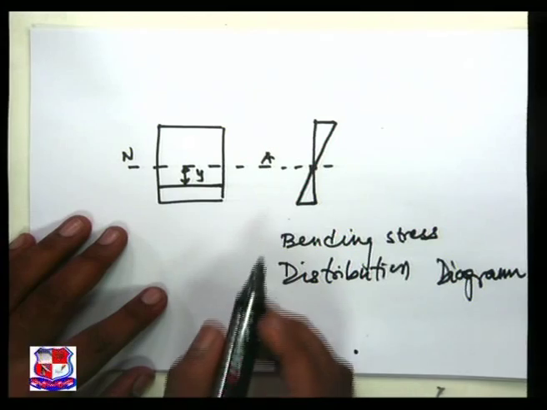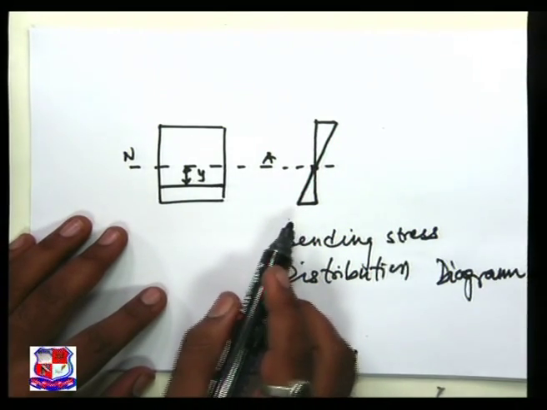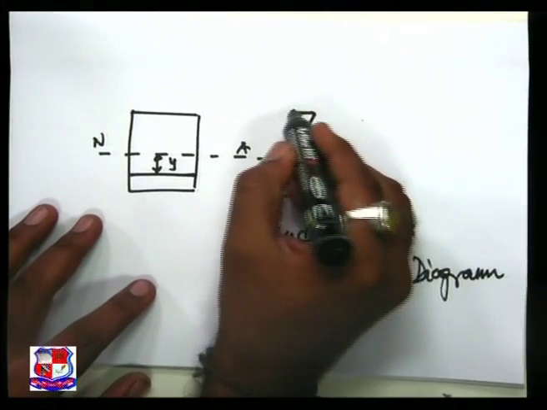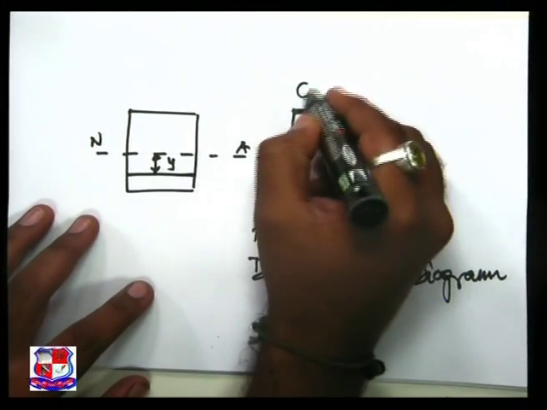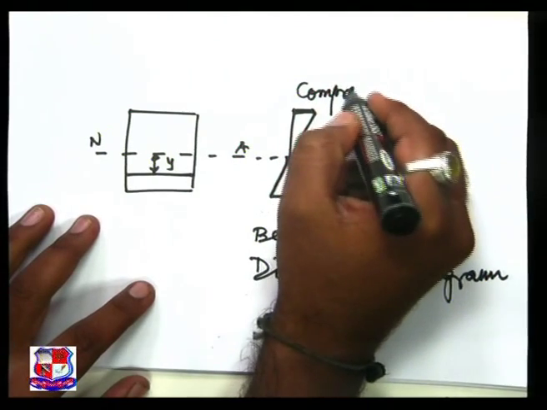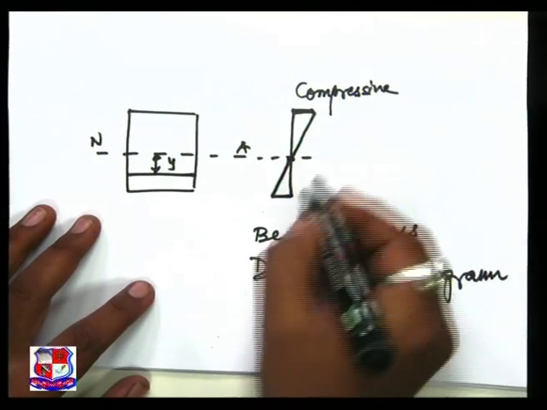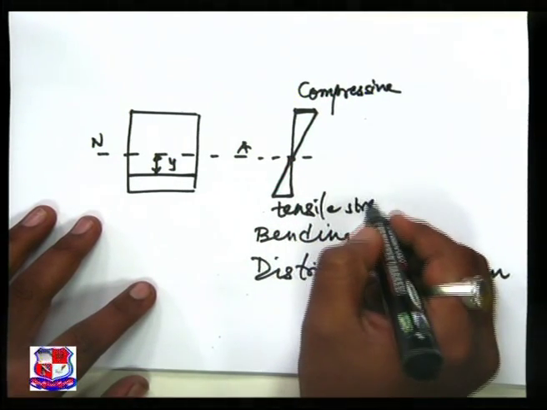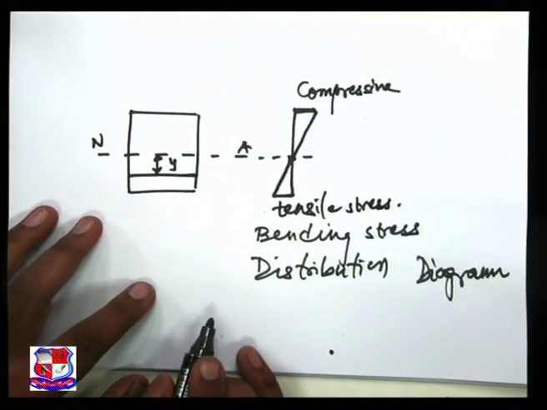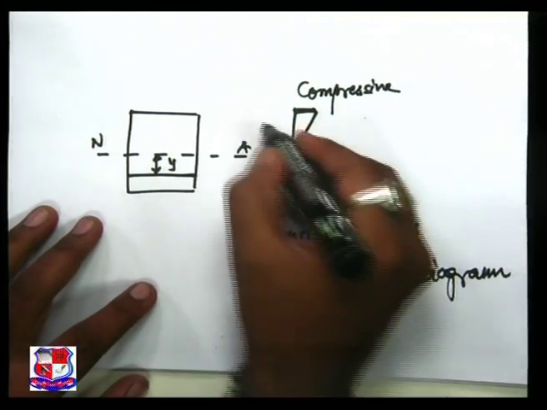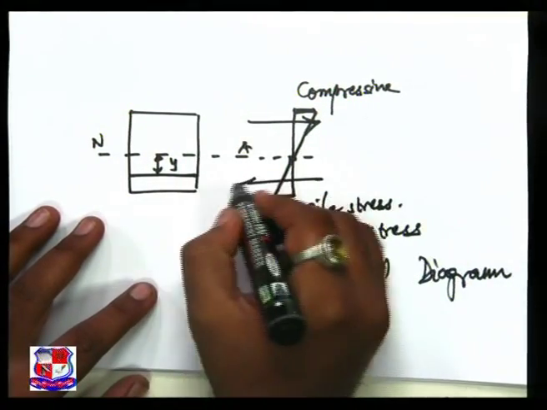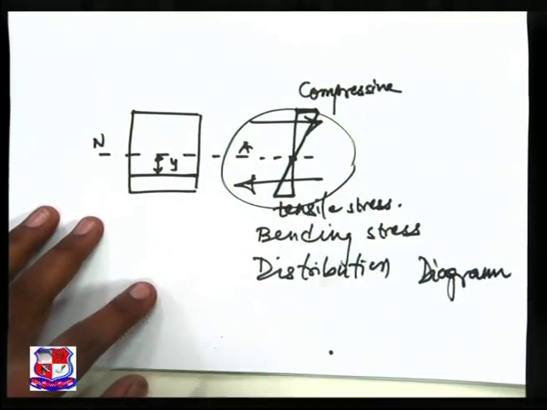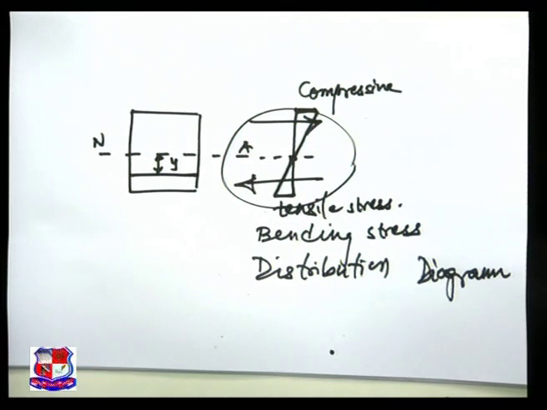Now, it has been observed here that at the top the value is of compressive stress and at the bottom it is tensile stress. So the nature is also different. One is of compression, another is of tension. This creates a couple. Now let us go ahead with today's session